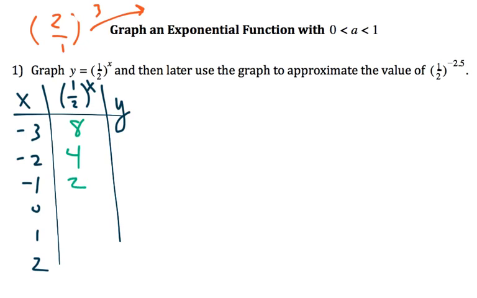Now, 1/2 to the 0 power, it doesn't matter what it is, it's always 1. And now this is where it gets easy. 1/2 to the power of 1 is 1/2. 1/2 squared is 1/2 times 1/2, which is 1/4. If you wanted to check this for reasoning, half of that is 4, and half of that is 2, and so on as I went forward. Or you could work your way backwards, doubling it every time. And this would be what we'll later find out is all about decay. We're starting with